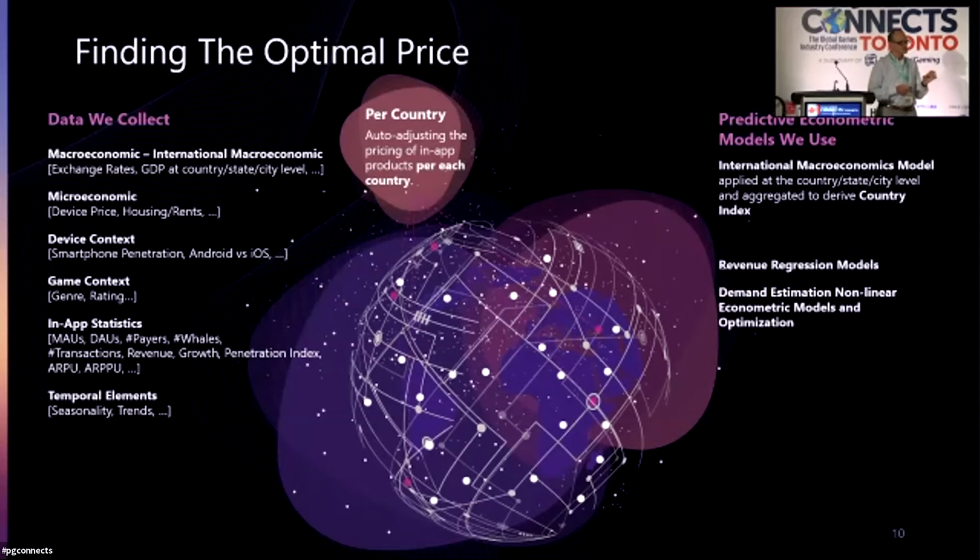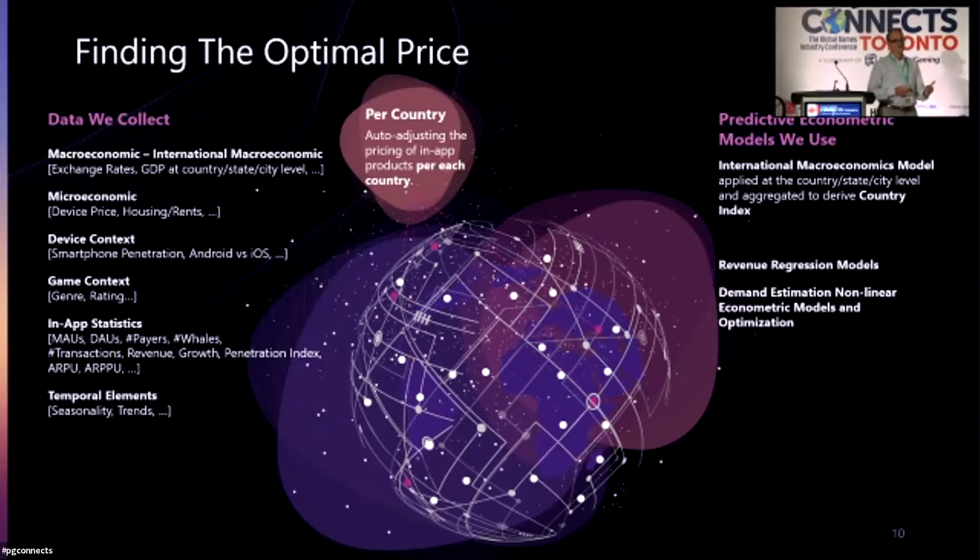Because it's not necessarily about GDP in a country, but what's the GDP or purchasing power among the gamer population of that country. And with that data, what we've done in effect is create a "Wappier" index. As we've been doing this a while, we know what other games are doing too. If you start ingesting this, then you start making sequential price tests directly in the app stores. This is what we do, people.